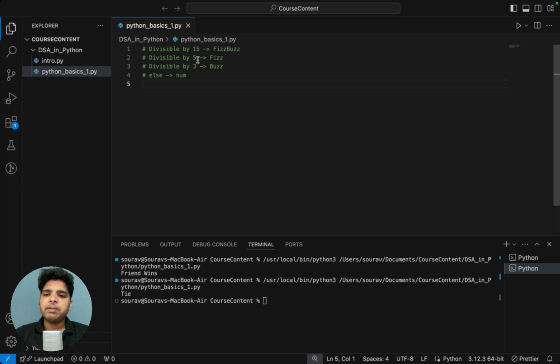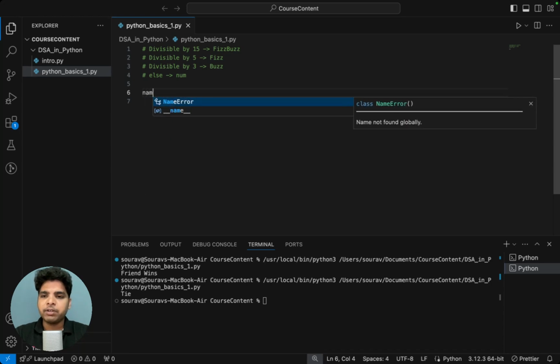And if it is not divisible by 5 and not divisible by 15 but it is divisible by 3, then you print buzz, or else you print the number. So let's try to write the code for this problem. So let's take a number variable num